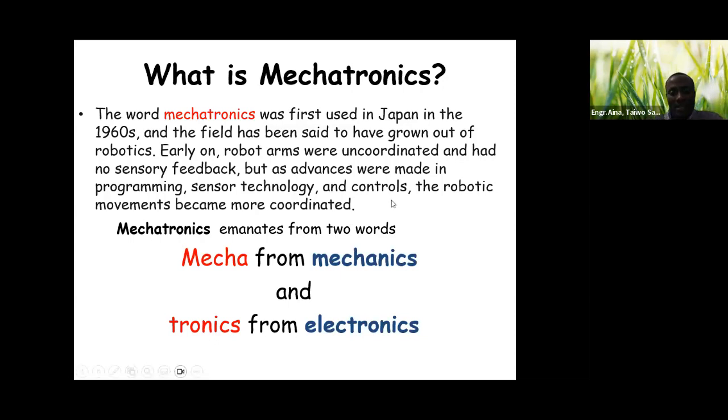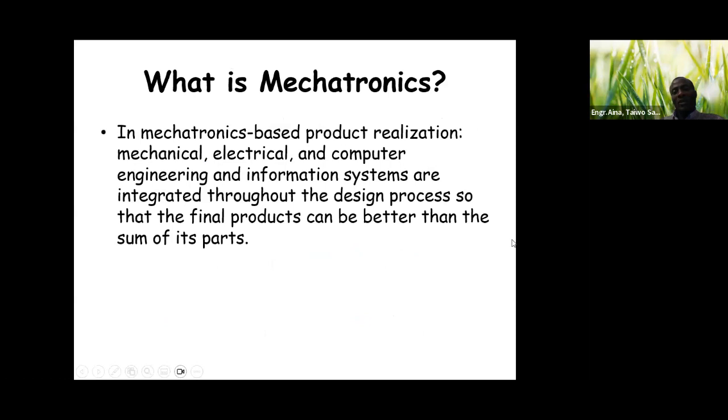So in a nutshell, we can say mechatronics is the integration of mechanical engineering and electronics with intelligence to get a better product. Integration of mechanical engineering and electronics engineering together with an intelligent device so that we can get a better product. So that is what mechatronics is all about. And not that alone, we can also say that mechatronics is the integration of mechanical engineering, control engineering, electronics engineering, all different engineering related together to get and to design a final product that can give a better